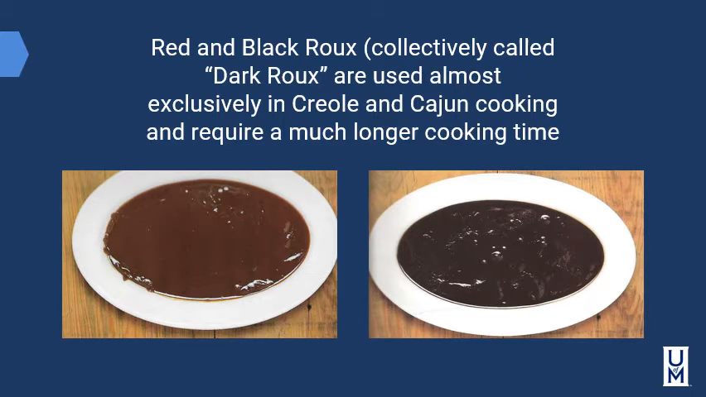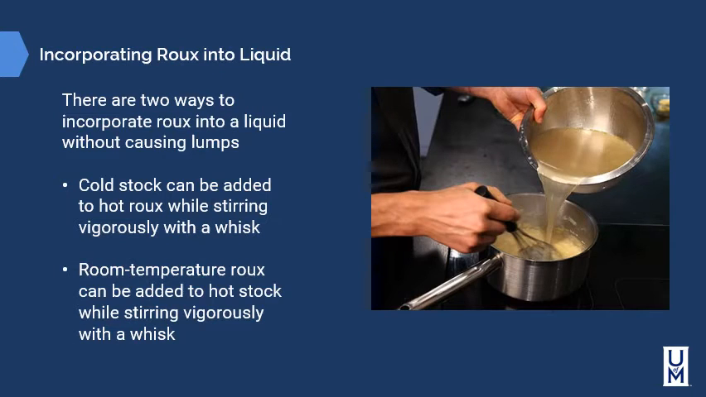Additionally, there are such things as red and black roux, collectively called dark roux, and are almost exclusively used in Creole and Cajun cooking, and require much longer cooking time and a very delicate touch. There are two ways to incorporate roux into a liquid without causing lumps. First thing,